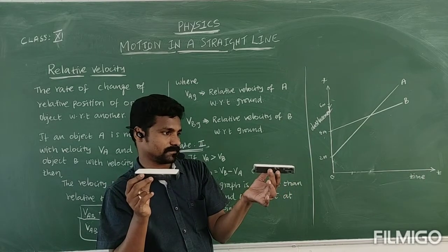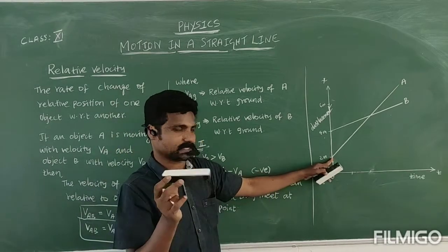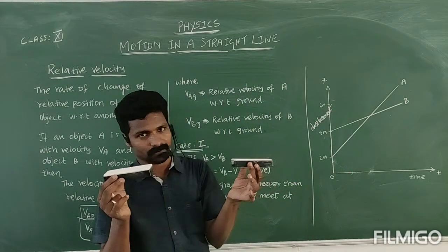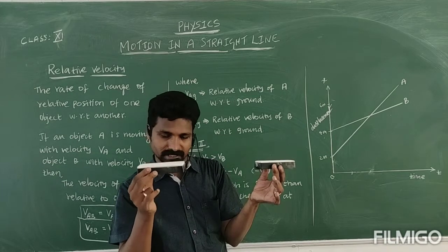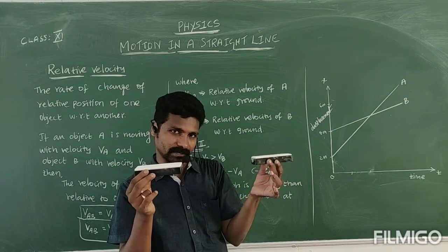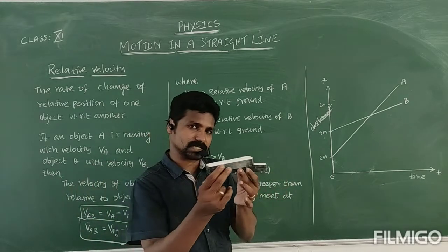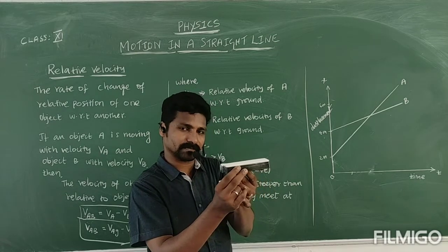Now started. So initially, this is the A object position, then this is the B object position. But the time is increasing. You know, this is 100 km per hour, the other 50 km per hour only. So both will be moving, but at a particular time,